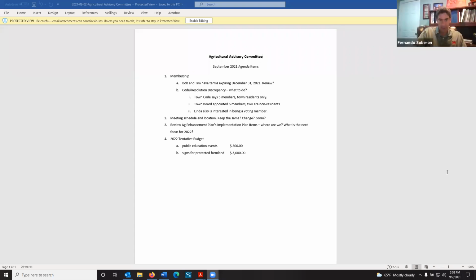The first item on the agenda, in case you cannot read it, is that you and Tim have terms expiring in December. Okay, I couldn't read it. I opened it up just so I can see it now. That's why I wasn't sure what you were talking about, but okay. Yes, I intend to renew. But we better wait for Tim, because we've got to discuss his